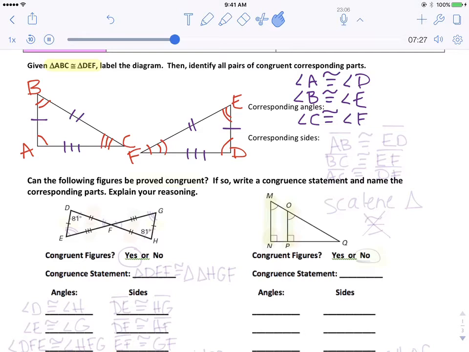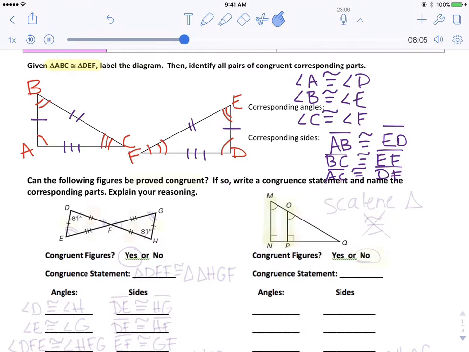Our corresponding sides then, side AB, that line segment, is congruent to ED. Our line segment BC is congruent to EF, the line segment. And then last, we can say that AC is congruent to DF. Again, paying very close attention to the order in which we're labeling those to ensure that we know exactly which